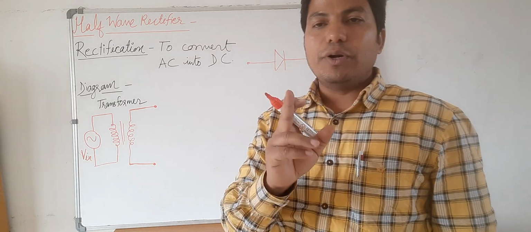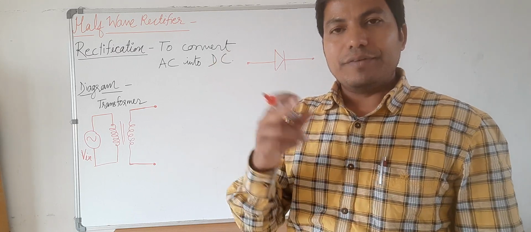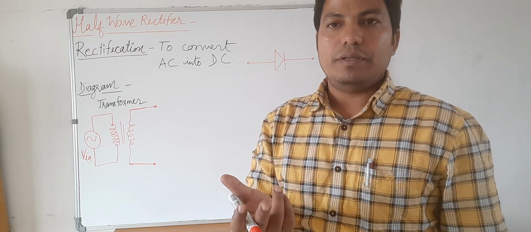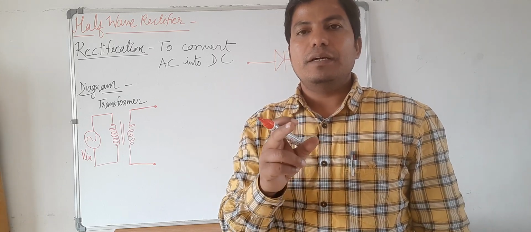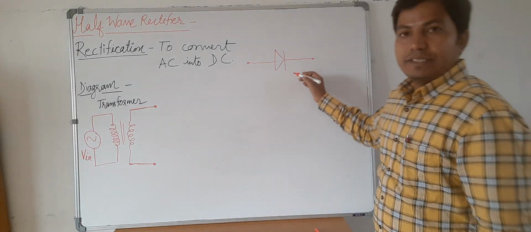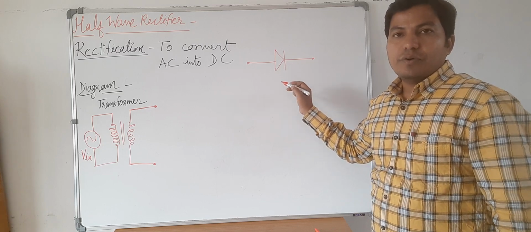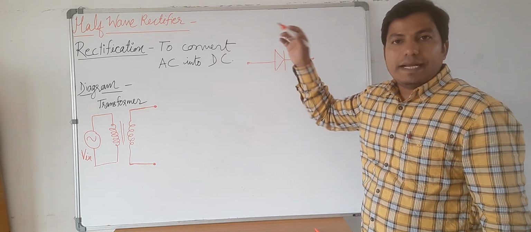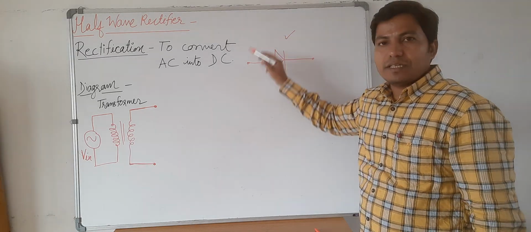When we connect diode in forward biasing, we find current of milliampere order, while in reverse biasing, we find current of microampere order. So in reverse biasing, the value of current is very small. So we can say that diode is a unidirectional device because it allows current only in forward biasing and it allows negligible current in reverse biasing. That is why we say diode is a unidirectional device.